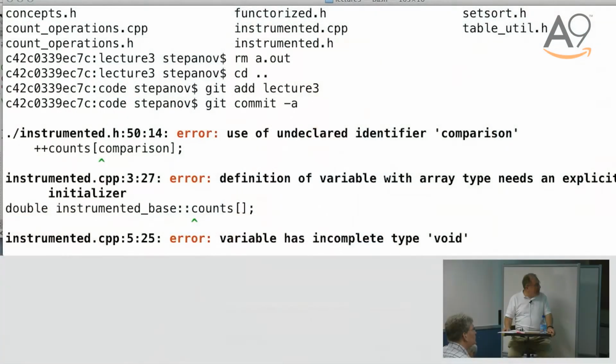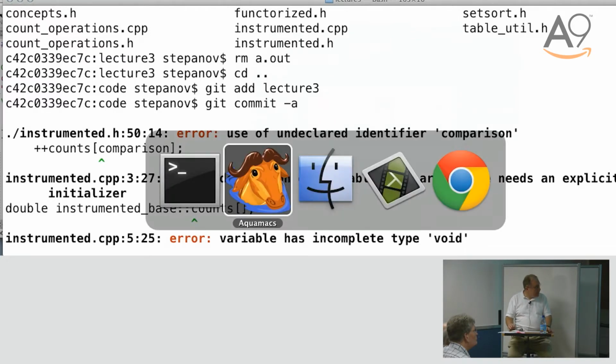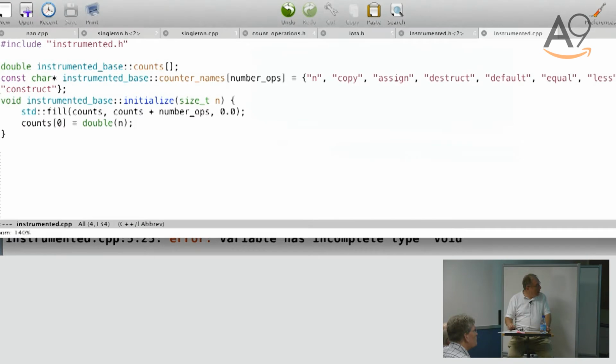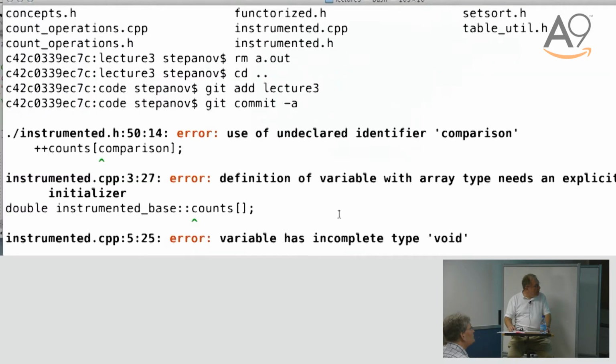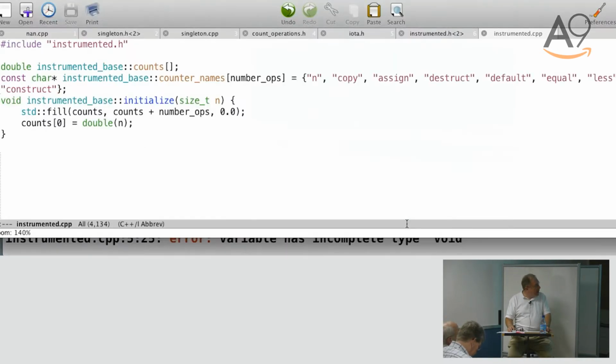Okay, use of undeclared identifier comparison. Counts comparison. So we go and I thought we declared it, right? No, here it's all right. It's not identifier. It's in, that was in line, instrumented line 50. So let us go to instrumented line 50 and